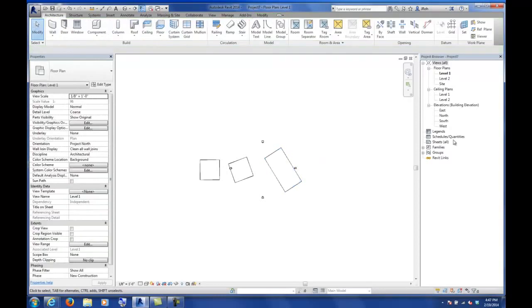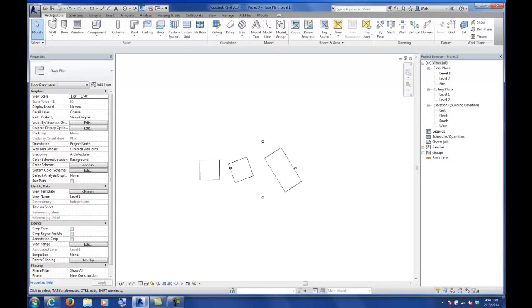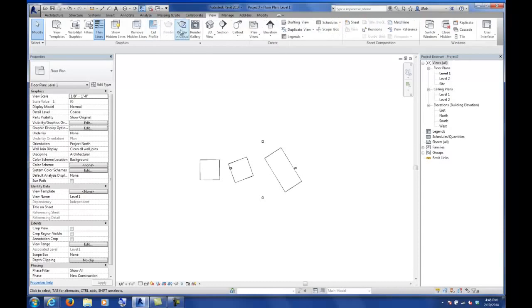I think I'm missing a step because I'm loading it, but don't see it. So once you load it, you click Architecture and then place it as a component, and then you should have those menu options. And if I go to View and look at this in 3D,